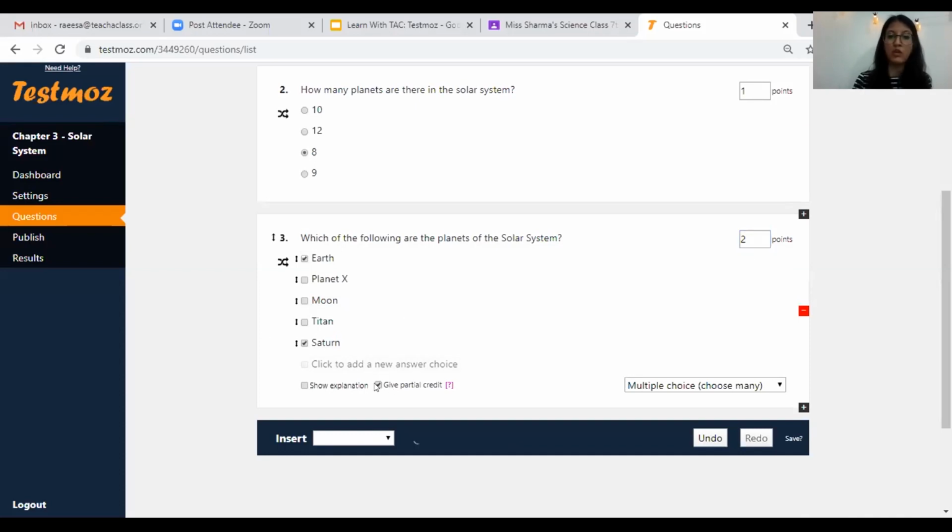Now, you can always change that to give no credit. So even if they get one correct answer and another wrong answer, they'll get 0 marks over here. Well, I'm not that strict a teacher, so I'm going to give partial credit here. All right, we'll move to the next question type, that is fill in the blanks.